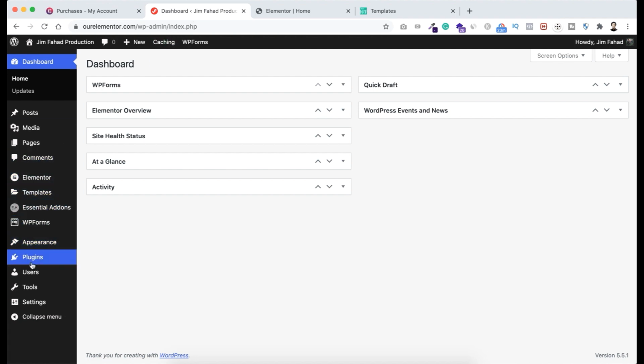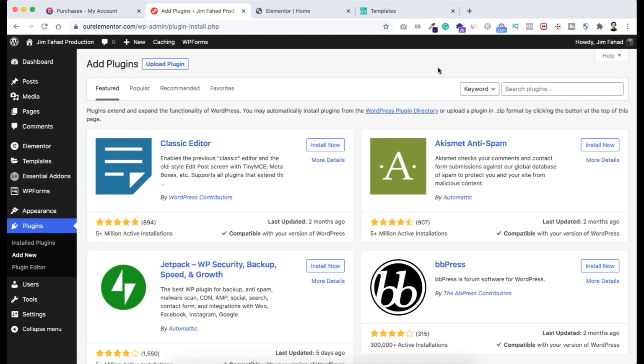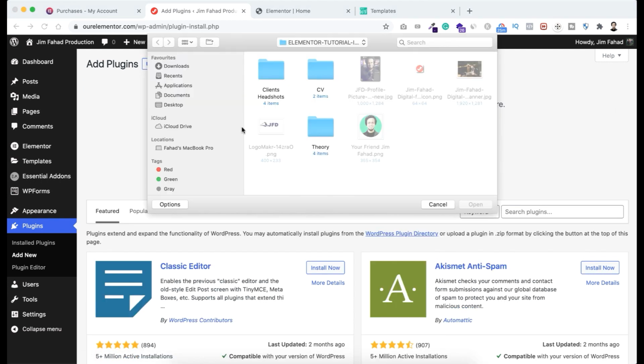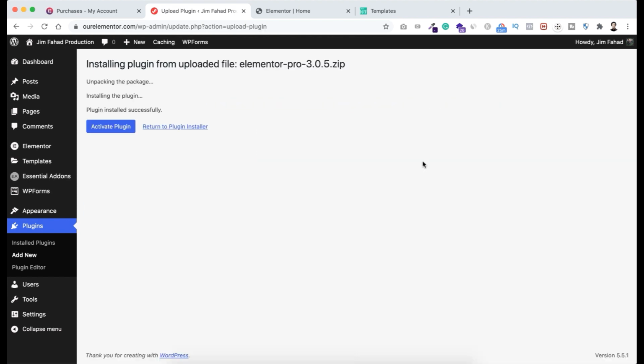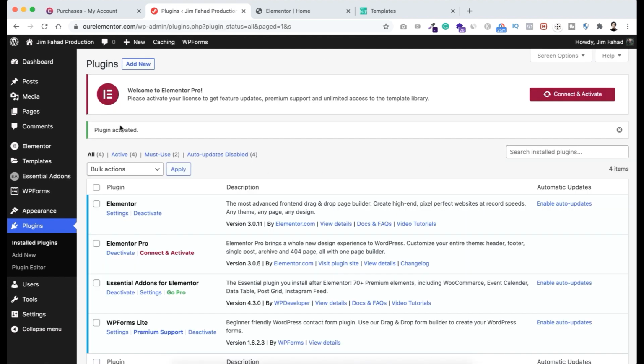Let's now go to plugins, add new. Now from the top, click here on upload plugin, click on choose file. Now let's go to your download folder and select the Elementor Pro file that we have just purchased. Now click on open and click install now. Now click on activate plugin, and you can see here Elementor Pro is activated, but it's asking for connect and activate. So let's now click here, connect and